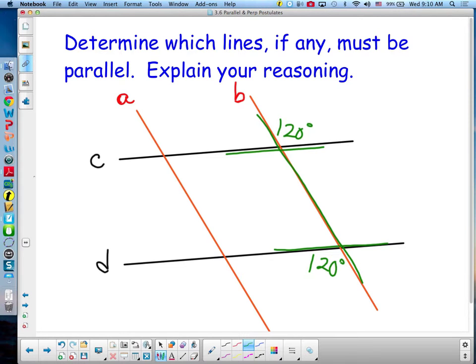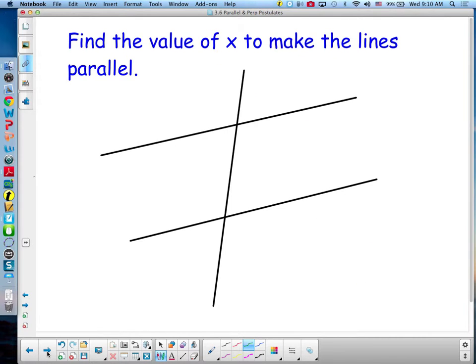All right, so those 6 theorems. Find the value of x to make the lines parallel. There's no x, I know. 3x goes right here, and then let's go with 5x here. What value would make the lines parallel? What kind of angles are those, Kylie? Supplements, because they are called